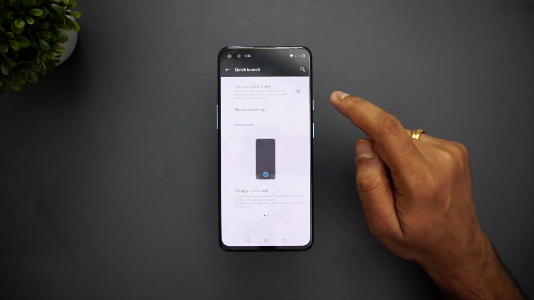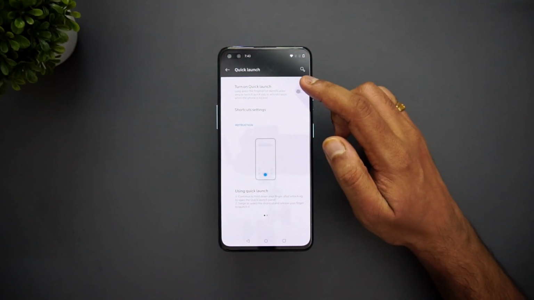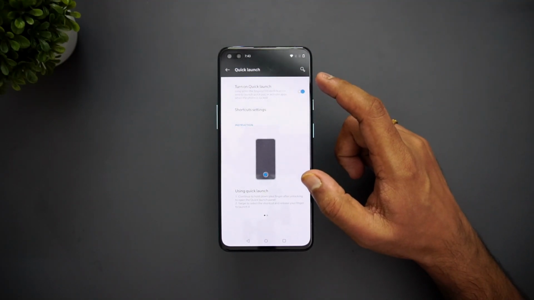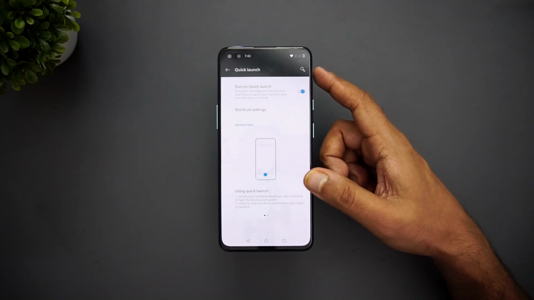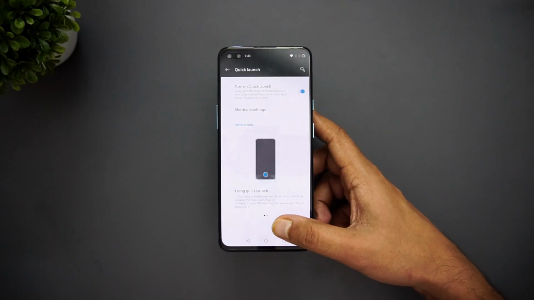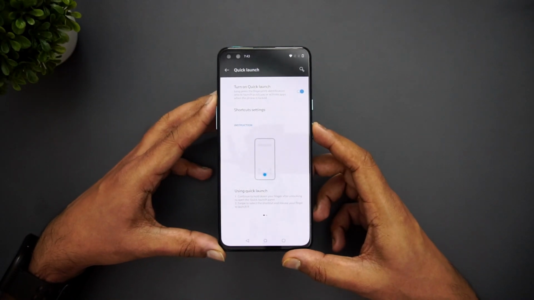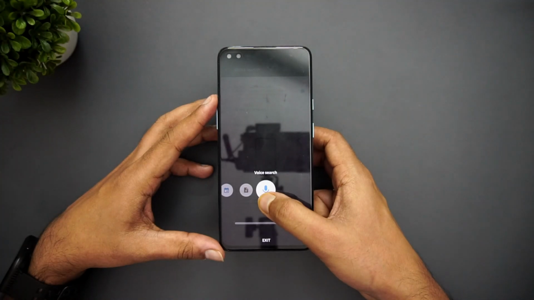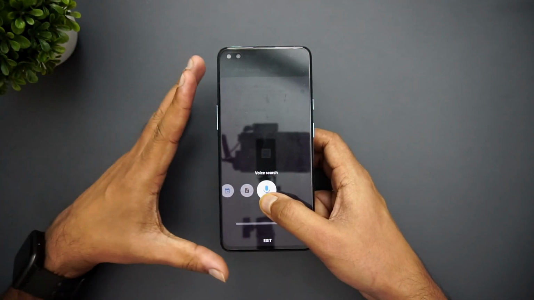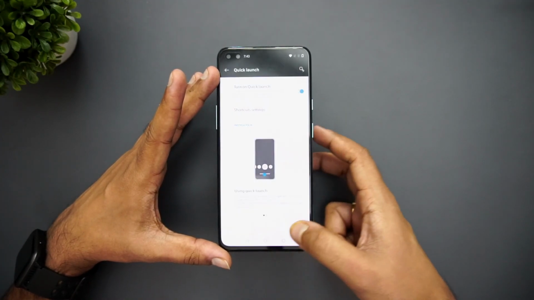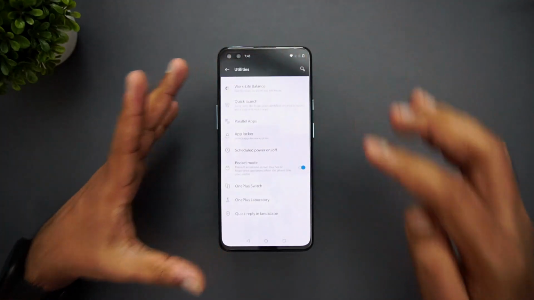Then there is quick launch. That means turn on the quick launch. So long press the fingerprint identification area to launch quick pay or activate when the phone is locked. Say for example, if I'm just unlocking the device using the fingerprint, we'll just show you that. So here you can see that I've pressed the fingerprint and I've not left the finger. So you can see that some new options are there. This is the quick launch option in the fingerprint scanner.